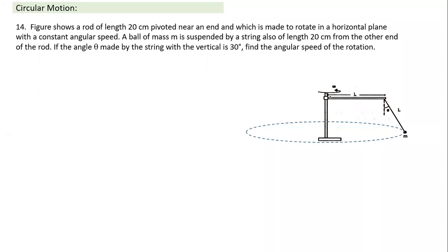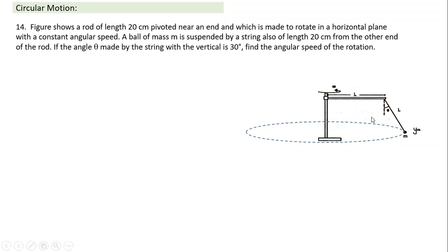Suppose there's a rod here, and you can make this kind of setup. If you have something which can rotate, you suspend the object from this rod, and if you set up a constant velocity, you will find it makes a constant angle theta and keeps going around in a circular path. If theta is constant, it implies that the height is also constant. Constant theta implies the y coordinate is not changing. If theta is constant, this object is moving in a horizontal plane. That's what we need here.